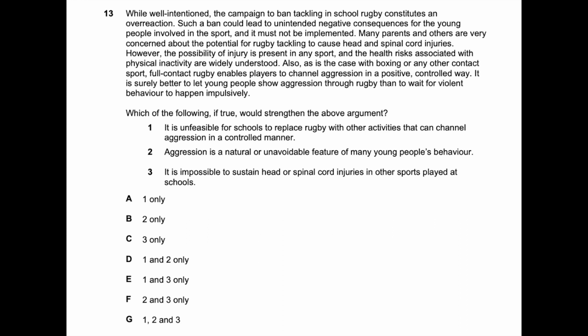1. The author makes the point that young people need a channel for their aggression rather than allowing it to happen impulsively. Therefore, if it were not feasible for schools to replace rugby with any other activity that would allow young people to channel their aggression, this would strengthen the author's argument. 2. As the author is stating that rugby is a positive way for young people to channel their behavior, the fact that aggression is an unavoidable aspect of many young people's behavior would strengthen their point as it emphasizes the need for rugby to remain a sport played in schools as a method of channeling aggression for a large number